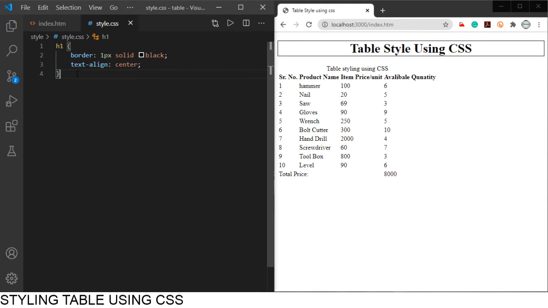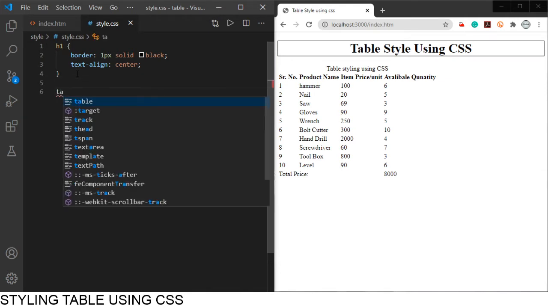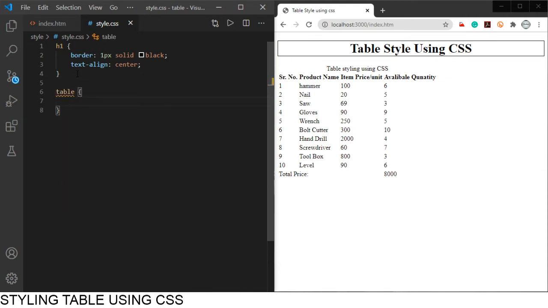Then next we'll apply a border around the table. As I told you, we can specify the width, or we can have a border around the table. So if we just use border 1px solid and let's say red border, here is the border as you can see. We don't want this type of border, we want the border on all of its elements. To apply a border to all of its elements, we require to put the border